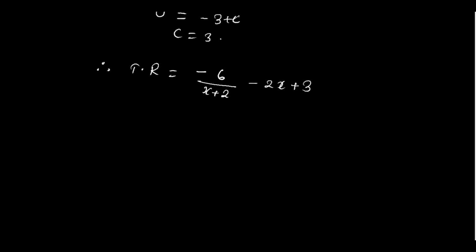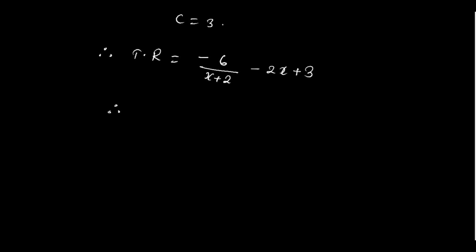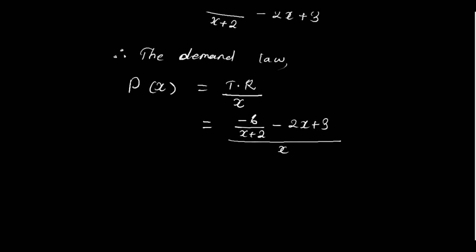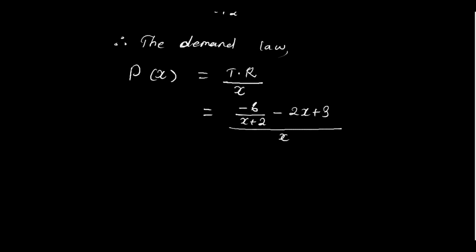Therefore the demand law Px is TR by x, which is equal to minus 6 by (x plus 2) minus 2x plus 3 by x, which will be minus 6 by (x plus 2) minus 2 plus 3 by x,